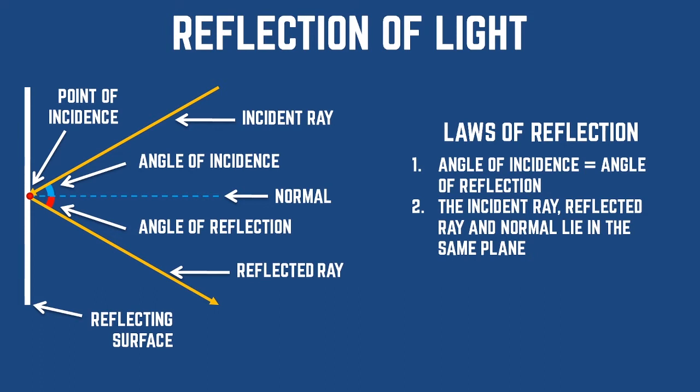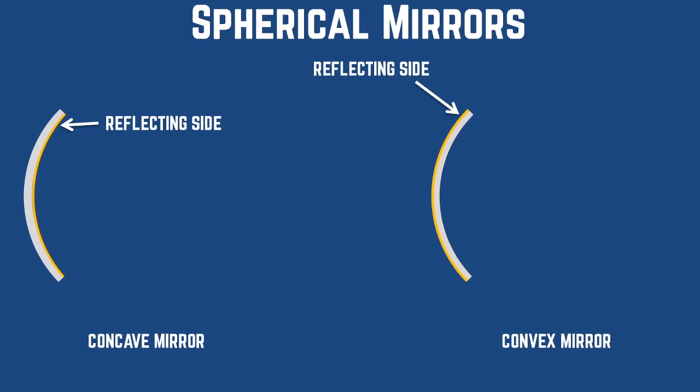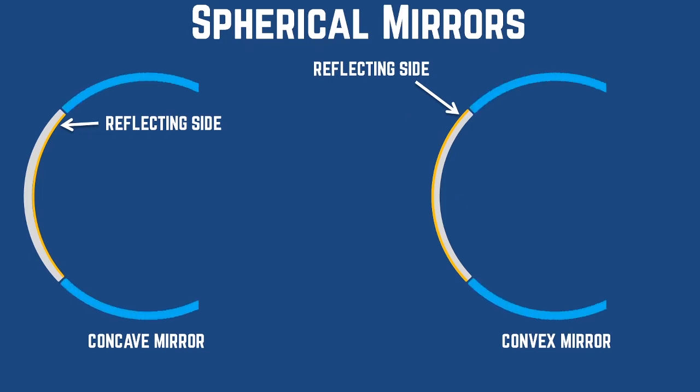Now we are going to cover spherical mirrors. There are two types of spherical mirrors, concave and convex mirrors. Concave mirrors are mirrors which are curved inwards or cave inwards, and convex mirrors are the mirrors which are curved outwards. Concave and convex mirrors are parts of a sphere, and the center of the sphere is called the center